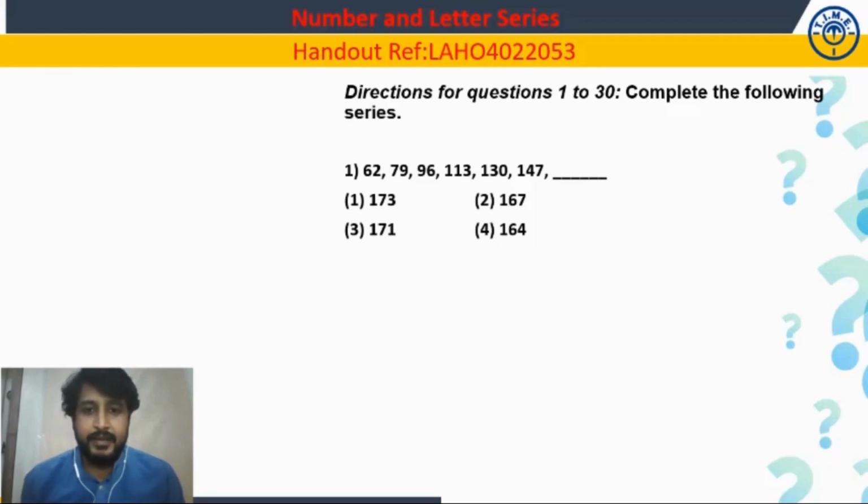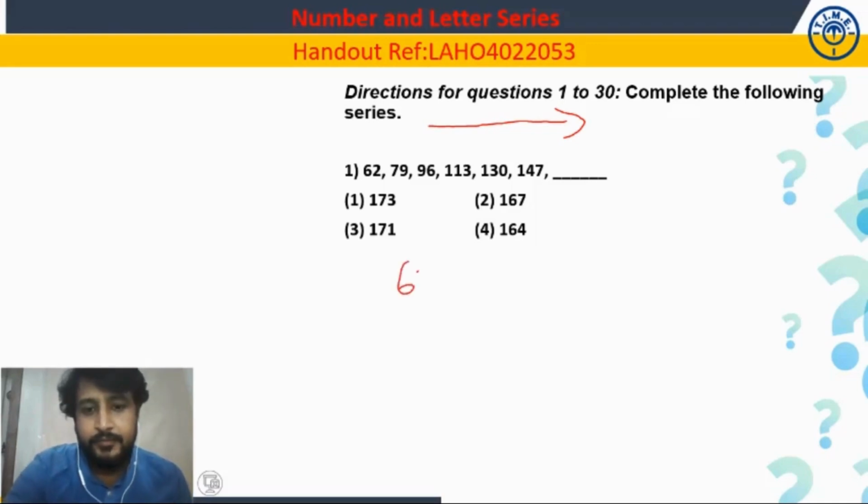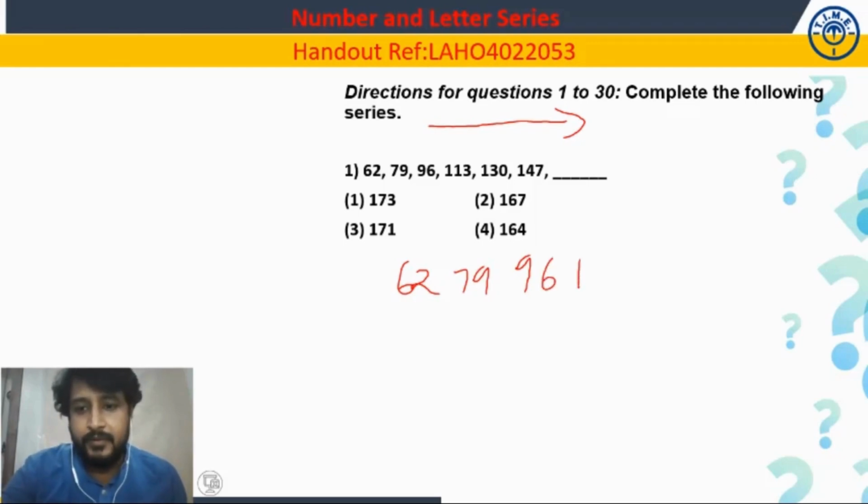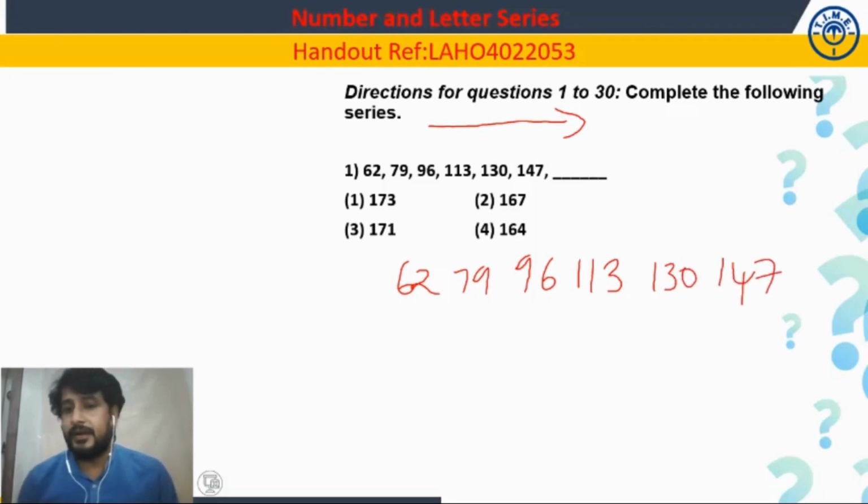Okay, let's discuss. The given series is in the increasing pattern or in the decreasing pattern? Yes, definitely we can say that the given series is in increasing pattern. Now, what are the numbers given here? 62, 79, 96, 113, 130 and 147. These are the given numbers. The numbers in the series are increasing slowly or rapidly. It means from one number to another number there is a small jump or a big jump, that we discussed